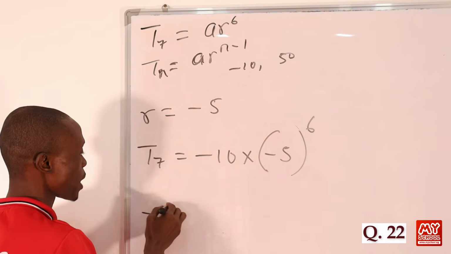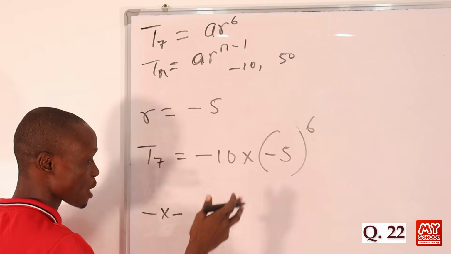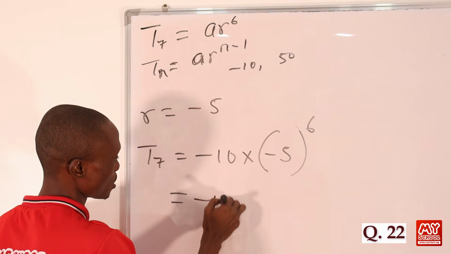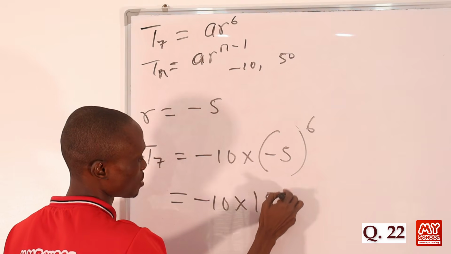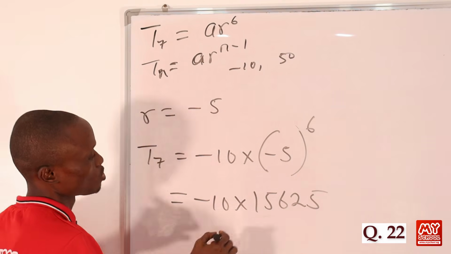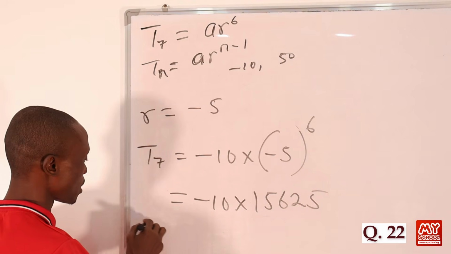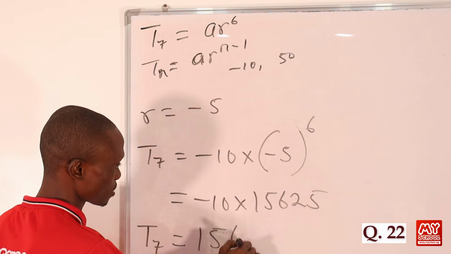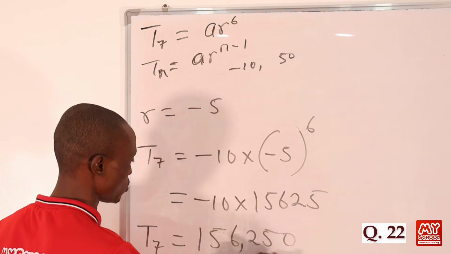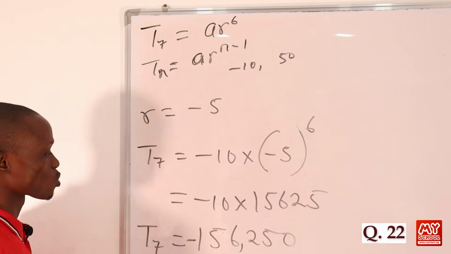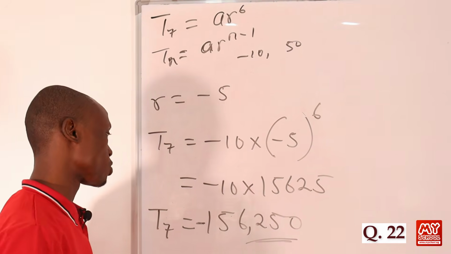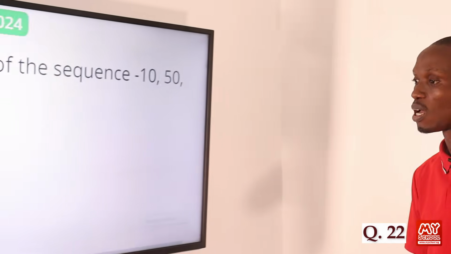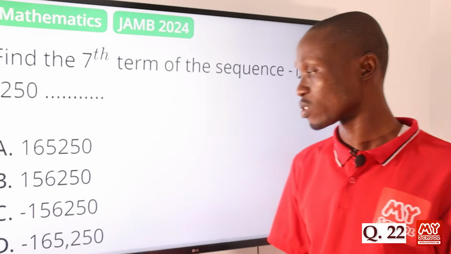More or less like, say, minus times minus times minus times minus times minus, so the result is going to be positive, right? So here we'll be having minus 10 times, so this will be equal to 15625, right? So if we multiply this, at the end of the day, we'll be having that the 7th term is equal to 156,250. So we are going to be having minus, sorry, so minus 156,250. So let's return back to the screen to pick the correct answer to this question. And that is option C, minus